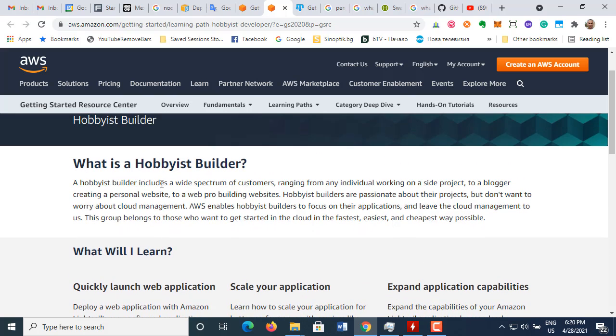A Hobbyist Builder includes a wide spectrum of customers ranging from any individual working on a side project to a blogger creating a personal website to a web pro building websites. Hobbyist builders are passionate about their projects but don't want to worry about cloud management. Amazon Web Services enables hobbyist builders to focus on their applications and leave the cloud management to us. This group belongs to those who want to get started in the cloud in the fastest, easiest, and cheapest way